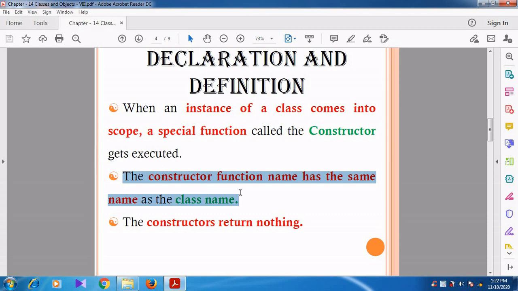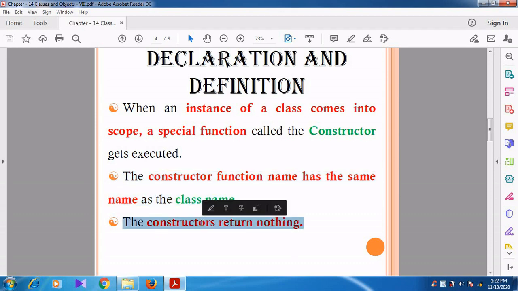From that we can understand that the member function is a constructor. Whenever the class name and the member function name are the same, we call it a constructor.